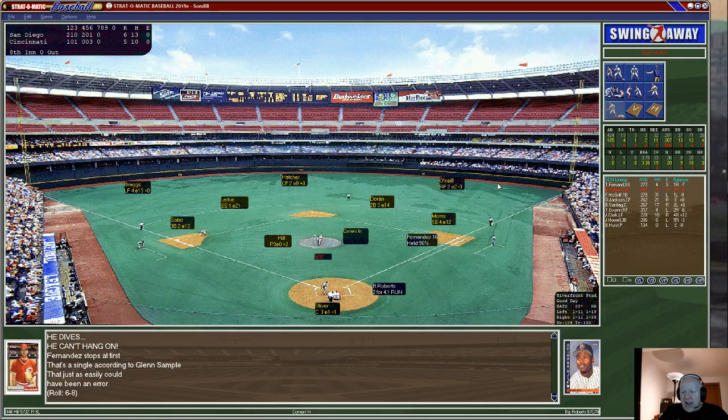O'Neill charges, he dives, but he cannot make the play. And he will be on first base, and Glenn Sample is going to be generous and call that a hit for Tony Fernandez. Some speculation from the broadcast booth that could have been an error, but Glenn Sample was a fine official scorer for the Reds, and his decisions were very rarely questioned by anybody who knew the first thing